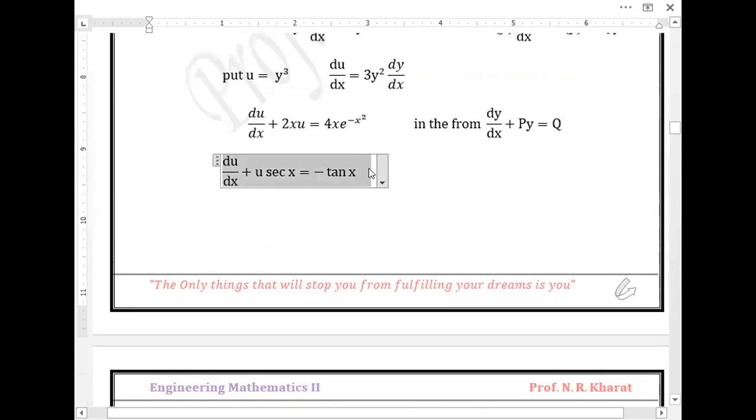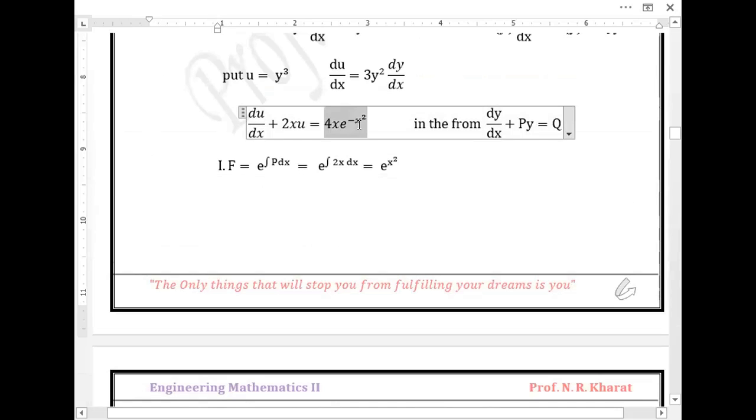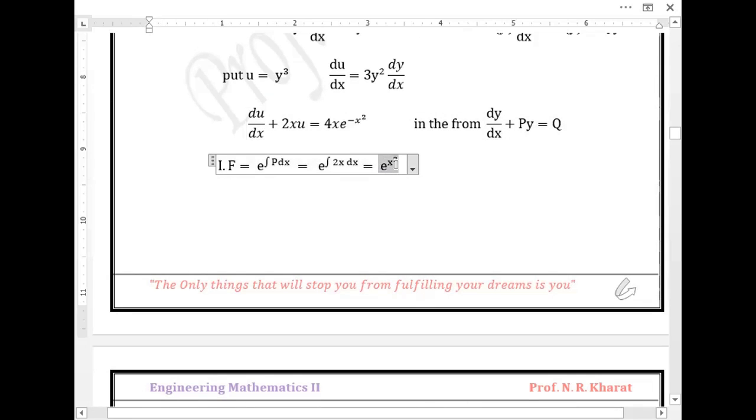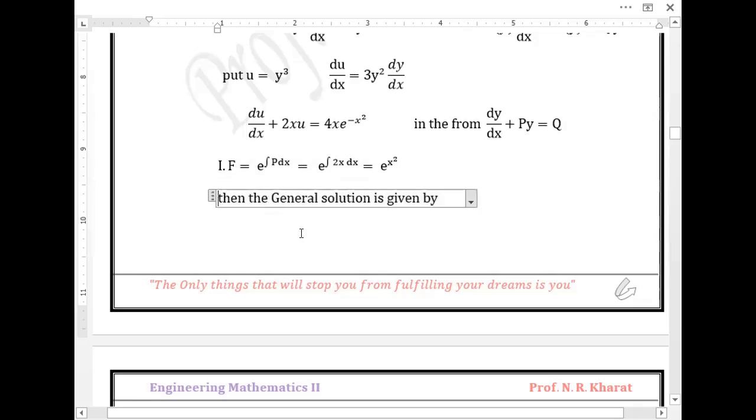This is the last step of the example. So we get this differential equation. We have to find its integrating factor, where the value for p is equal to 2x. The value for q is equal to the right hand side. The integration of 2x is nothing but simply x square upon 2 to get cancelled. The e raised to x square is my integrating factor. We have to find a solution where u is my dependent variable. So u into integrating factor is equal to q into integrating factor,